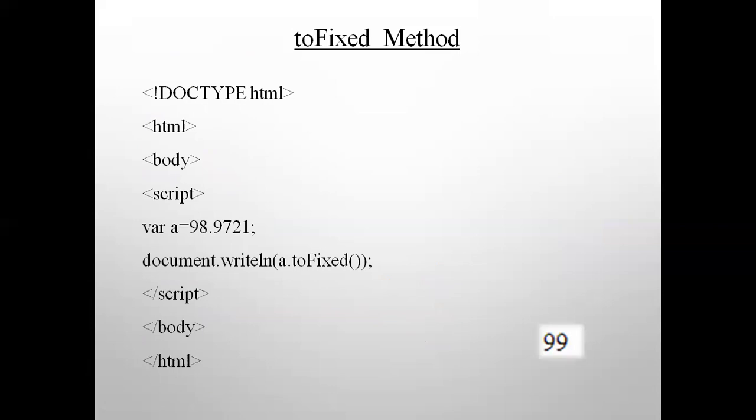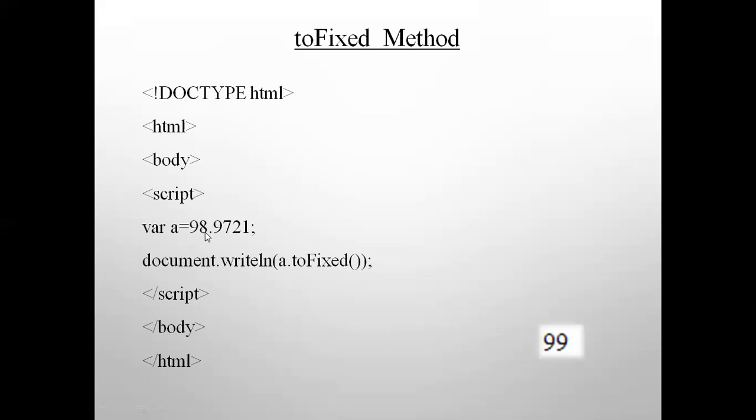And the last method was toFixed, to round up. So here the variable A is equal to 98.9721. Document.writeln a dot, A is the variable, A.toFixed().